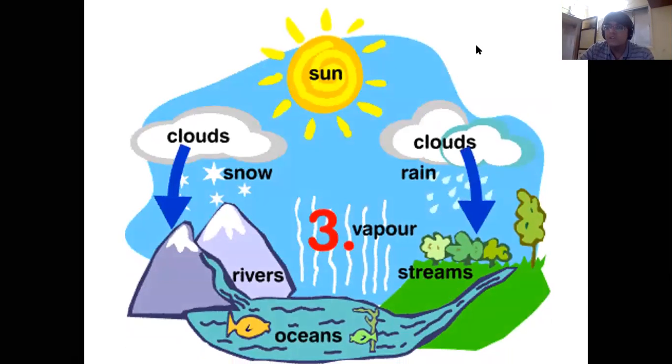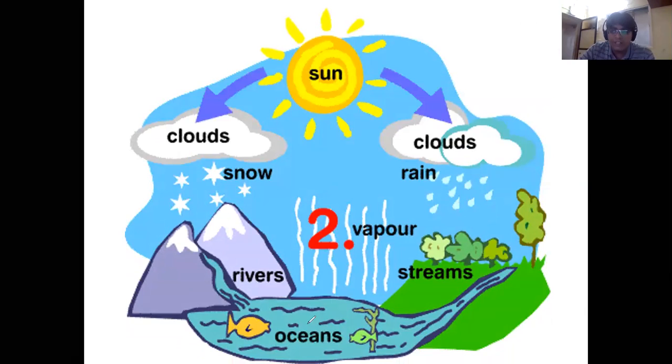Now see here what is happening. Here now, this diagram is very important for you all to understand. See, here evaporation is happening, that is conversion of the water from the liquid state to the gaseous